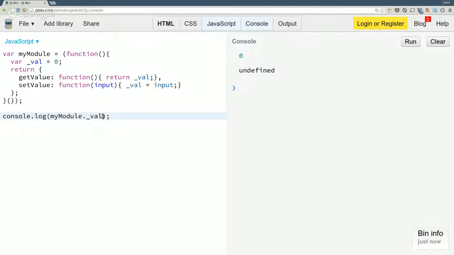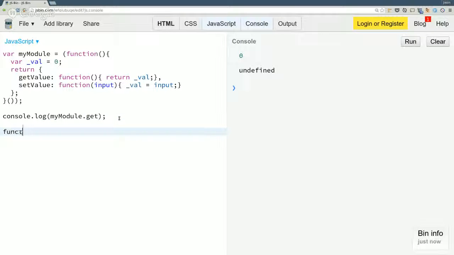There is no val outside the scope of myModule. But since I'm exposing a function, because this function is defined inside of my IIFE, my outer function, an inner function always has access to the variables of an outer function.